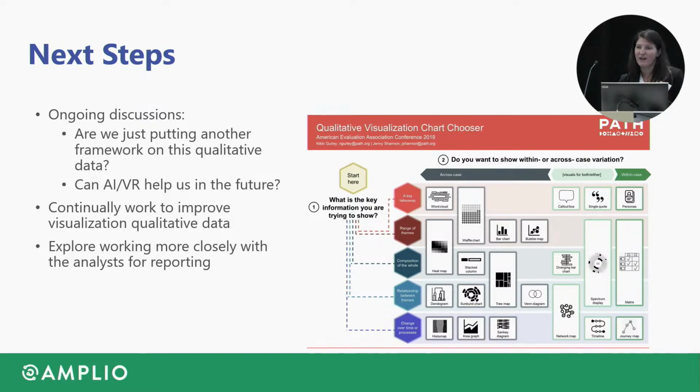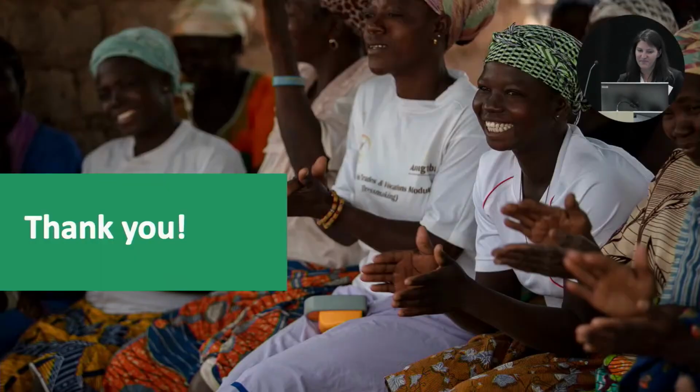And then finally, we're also exploring more intentional work with the analysts, so the people who are sitting in a country and listening to these messages in local language. They are obviously a wealth of information, and so we're trying to figure out how do we better bring them into the impact assessment to help us identify some of those trends that maybe we are losing in the processing system.